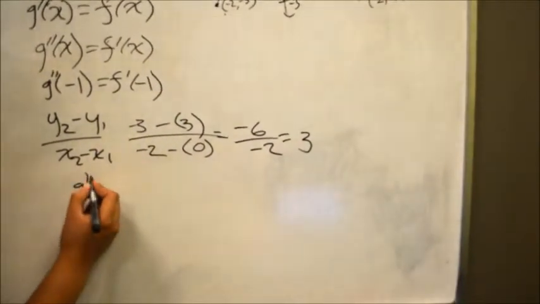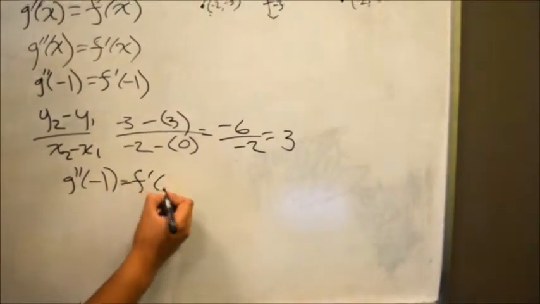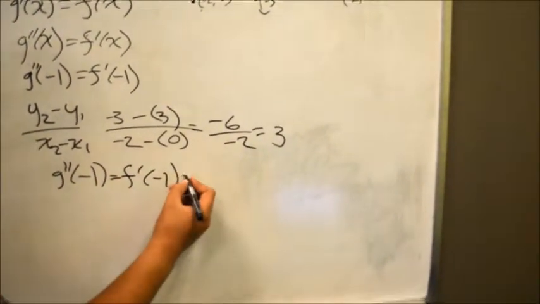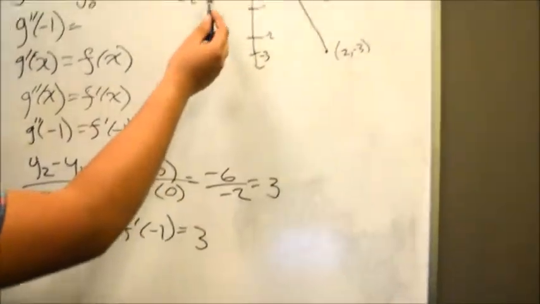Therefore, g double prime of -1, which equals f prime of -1, is 3,